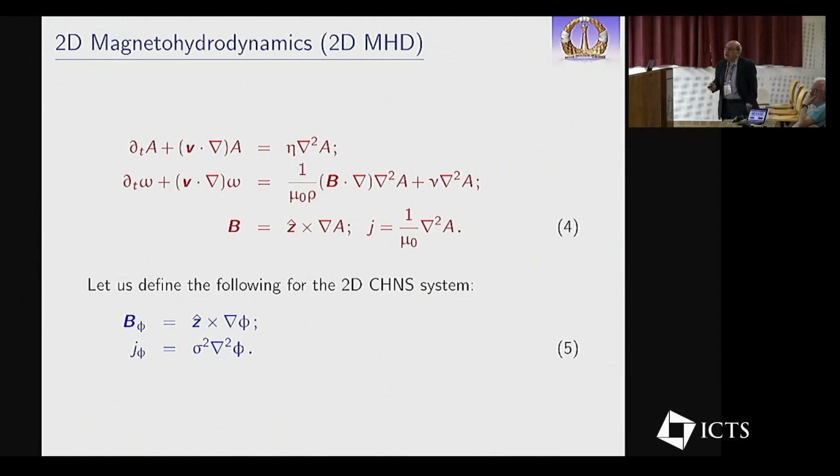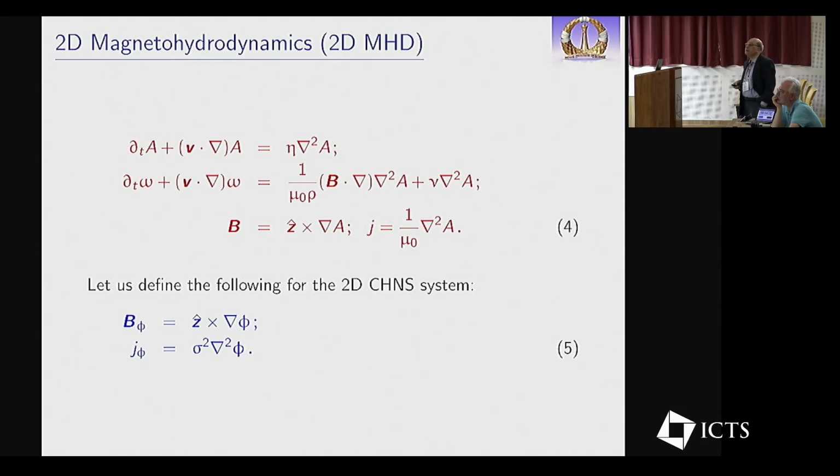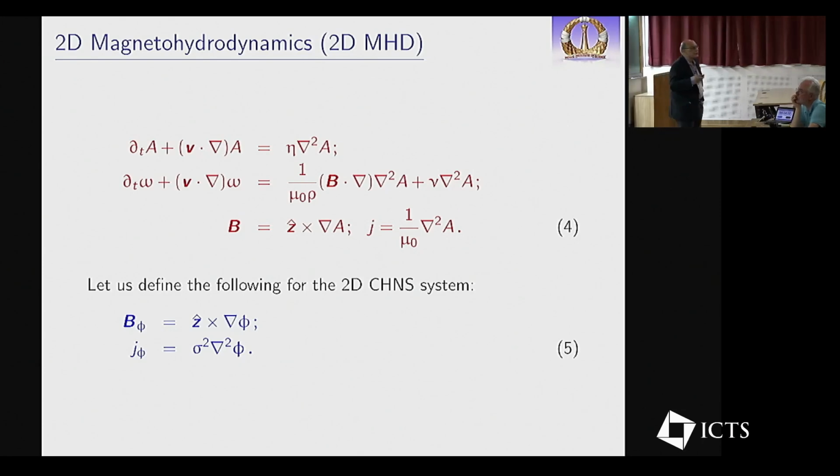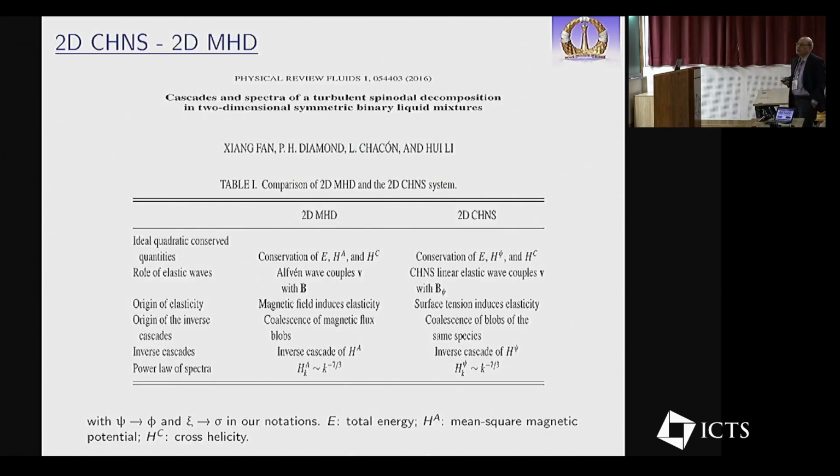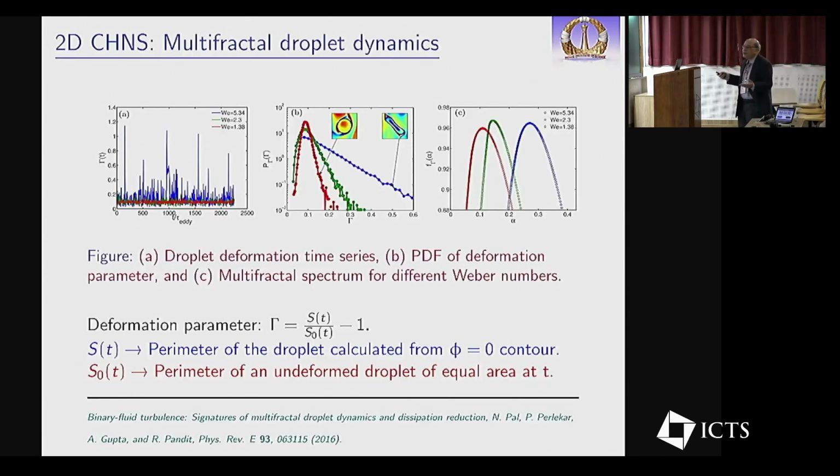So perhaps we will be able to see something like this, low Reynolds number turbulence in 2D MHD. What is the additional control parameter? You see here, that's the magnetic diffusivity. You see here, that's the kinematic viscosity, I hope. But the ratio is the magnetic Prandtl number. The question is, you stick at low Reynolds numbers, but you change the magnetic Prandtl number, can you get low Reynolds number turbulence? So this is the paper which spells out the mapping. It's a very nice paper and I strongly recommend it. Now, if you do these simulations, you find many things.